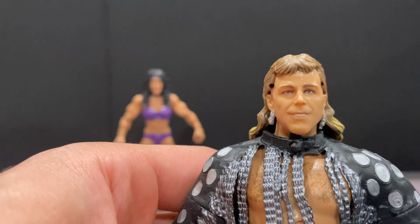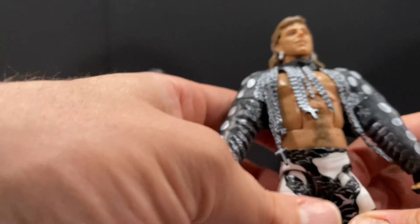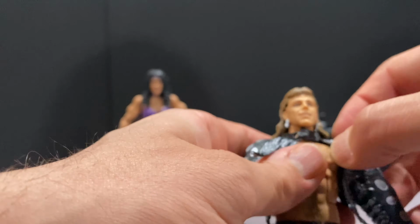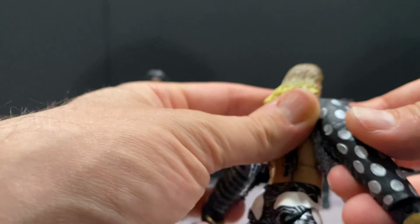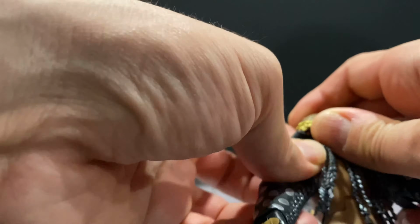Updated scan. Looks so good. Definitely early 90s Shawn Michaels. So the entrance gear does open on the front around his neck. And now let's see how easy this is to take off. I want to be careful. All right, doesn't look too bad. It's a very, very soft rubber